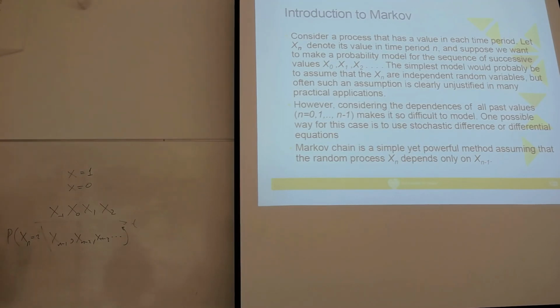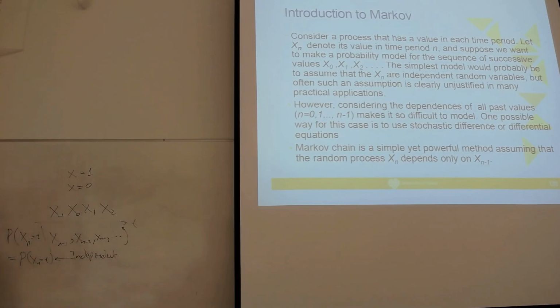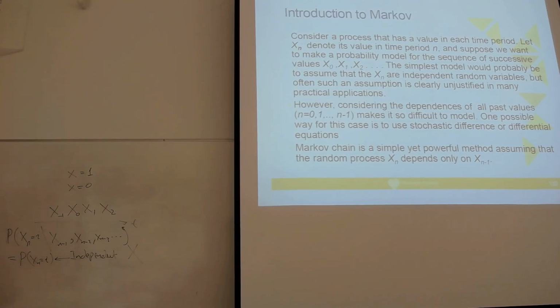If you say that this one is equal to the probability of xn equal to i, this assumption means you assume that they are uncorrelated, so they are independent. As I said, in many applications, it is a bad assumption. Another